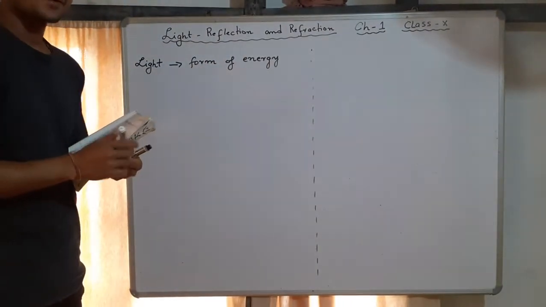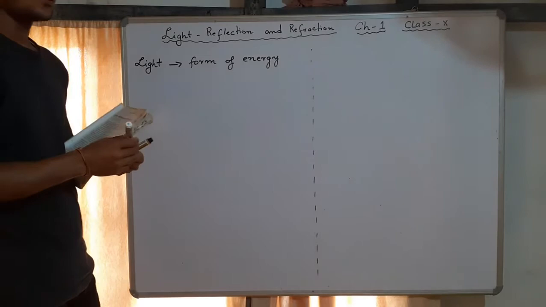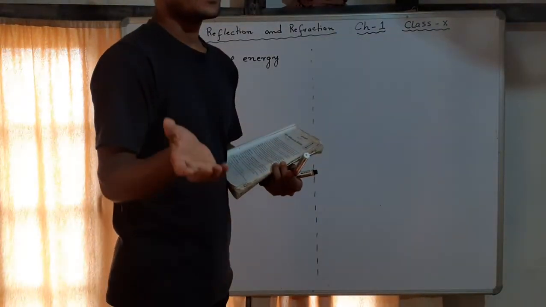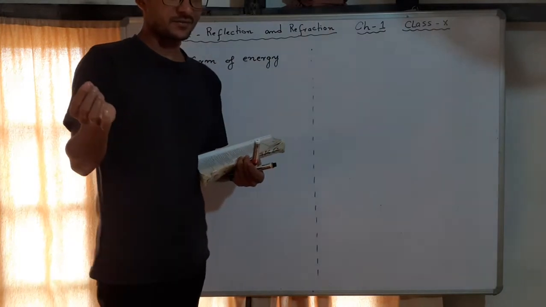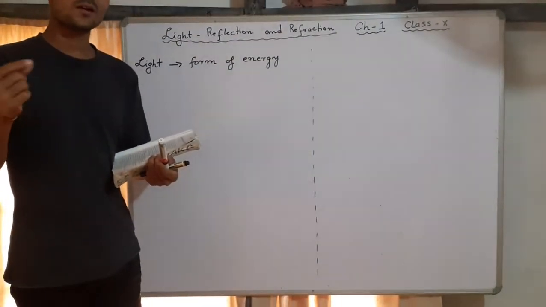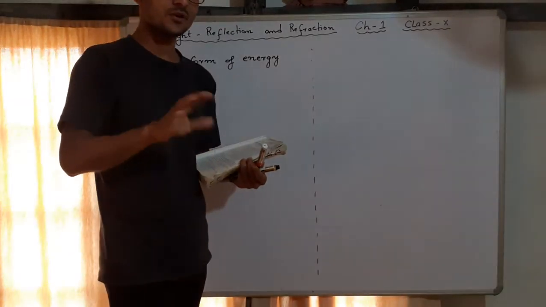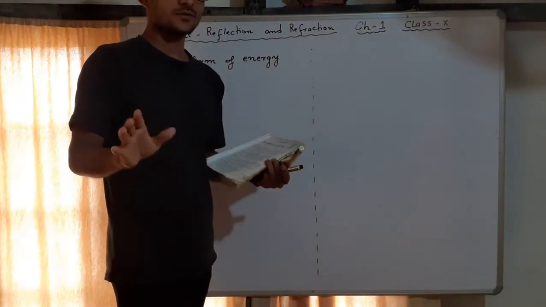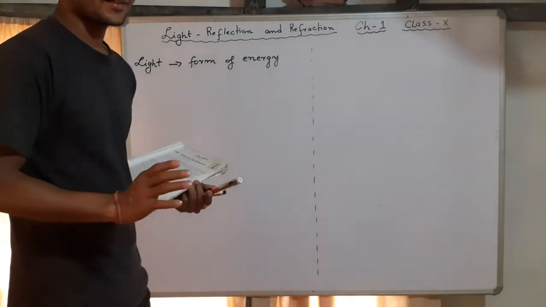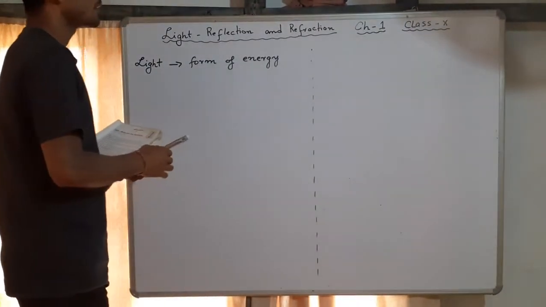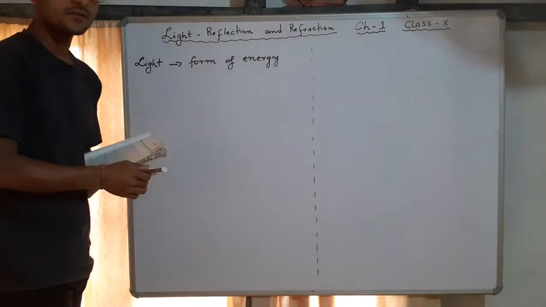What is light? That itself is a big question. Einstein once said that for the rest of his life he would reflect on what light is. His whole life was not enough to describe what light is, so you can understand this is a mysterious thing. In our case, we'll say that it is a form of energy.